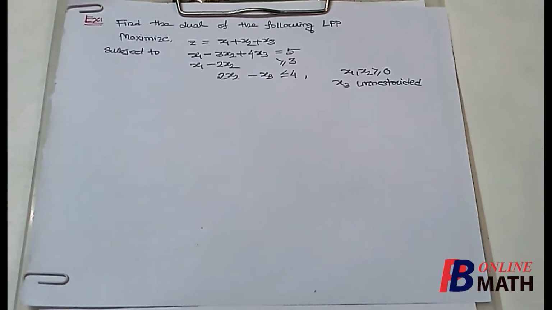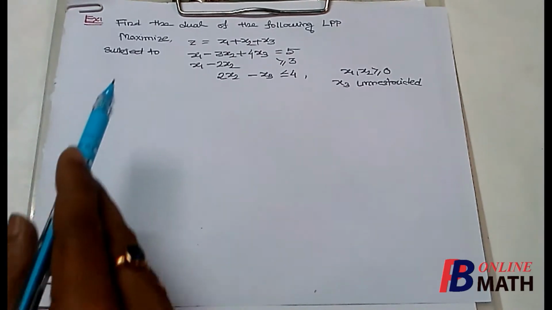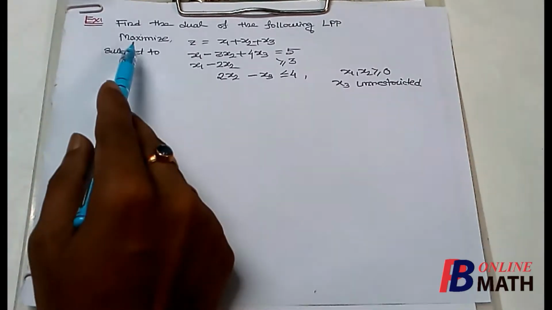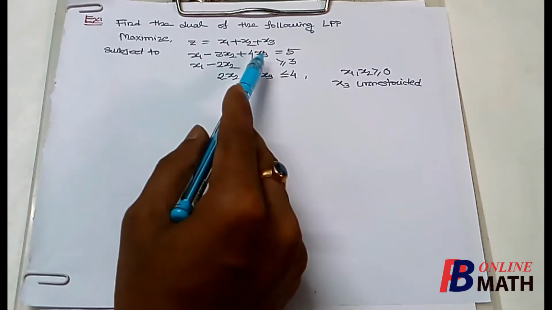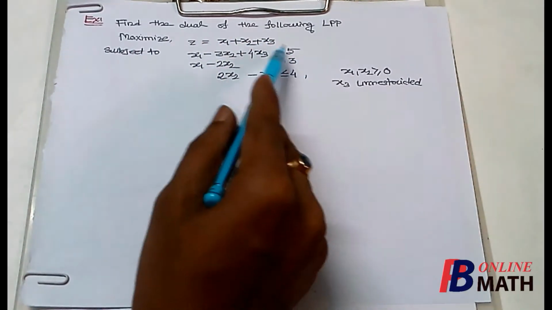So far we have obtained the dual of a primal problem when the primal problem is in its standard form. Now it may happen that the primal problem is not in a standard form. Then how to compute its dual? Now in this problem we shall learn how to compute the dual of a most general linear programming problem. So if we consider this primal problem, it is given that maximization of z equal to x1 plus x2 plus x3. This is the objective function subject to all these three constraints.